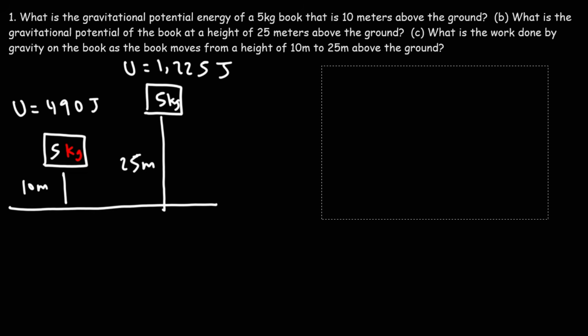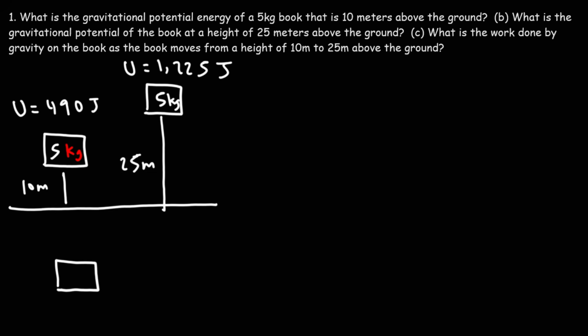Now, what about part C? What is the work done by gravity on the book as the book moves from a height of 10 meters to 25 meters above the ground? How can we get this answer? Well, let's say we have a book above ground. In order to move it from position A to position B,